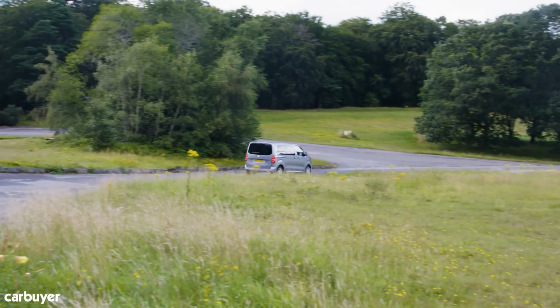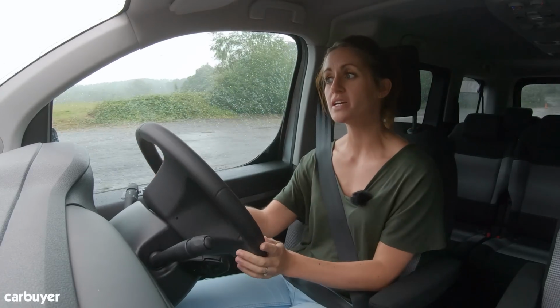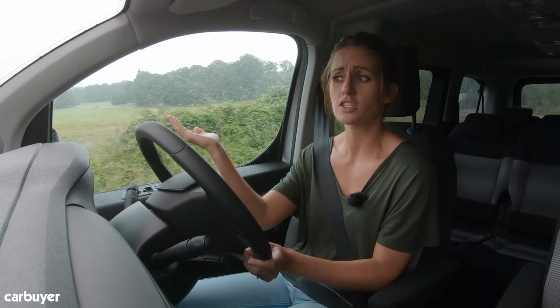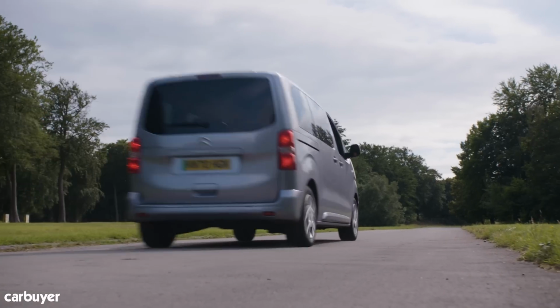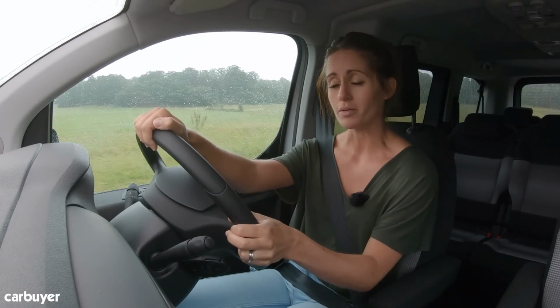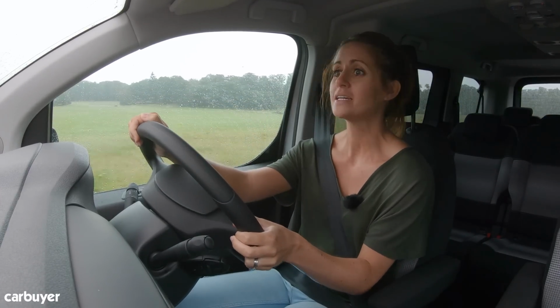In recent years, many of us have come to expect a certain degree of driving enjoyment, haven't we? Regardless of whichever car that you're in. So small cars can be great fun, family hatchbacks can put a smile on your face when you're on the right road, and then you've got SUVs, a lot of them are very entertaining. And well, the Citroen SpaceTourer is...